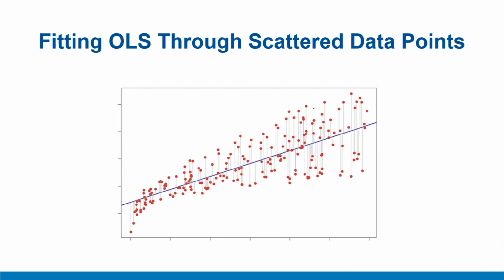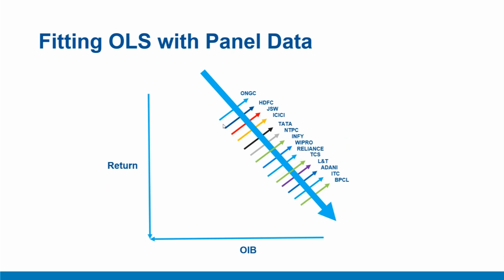Let us recall the OLS fitting procedure. You would have a number of scattered points on an xy axis like this, and you would fit the line of best fit such that this error term, this error mu i, and the summation of squares of these mu i terms across all the scattered points is minimized. That is what you do with OLS, ordinary least squares fitting of xy points. However, when we do this kind of fitting with panel data, the following problem may arise.